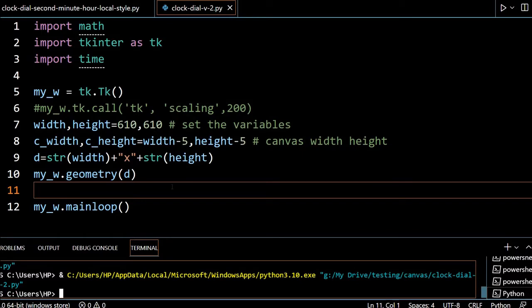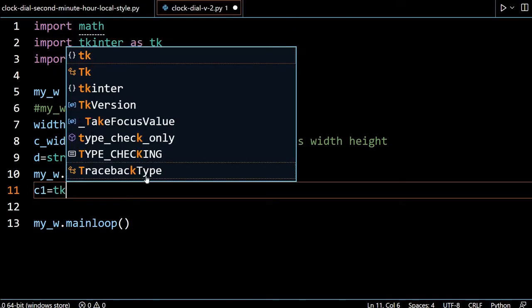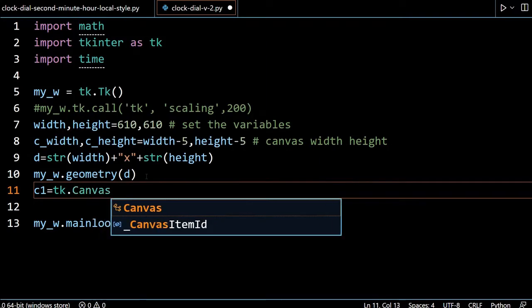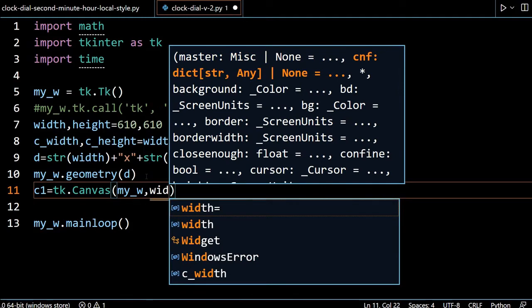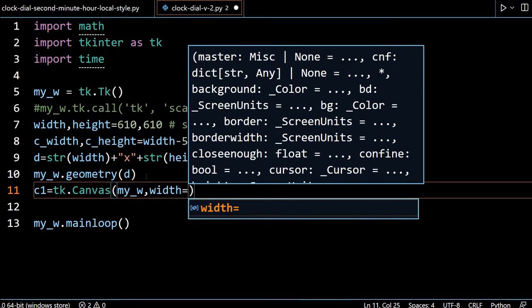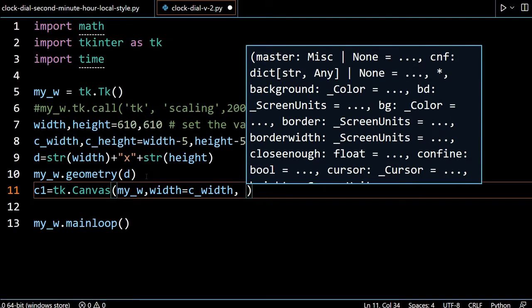Now on this we'll put our canvas. So I will start by writing the canvas here. c1 is my canvas, tk.Canvas. W is my parent window, and the width. What should be the width? Because we are trying to use more variables so you can scale it up and down, or directly you can enter the values also, but I am giving c_width.